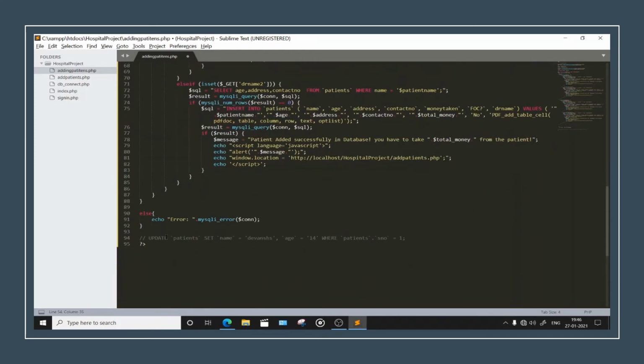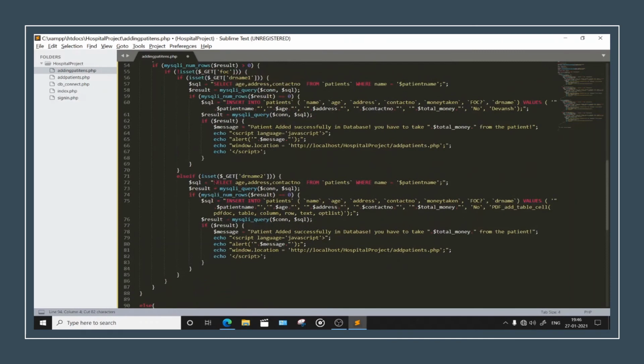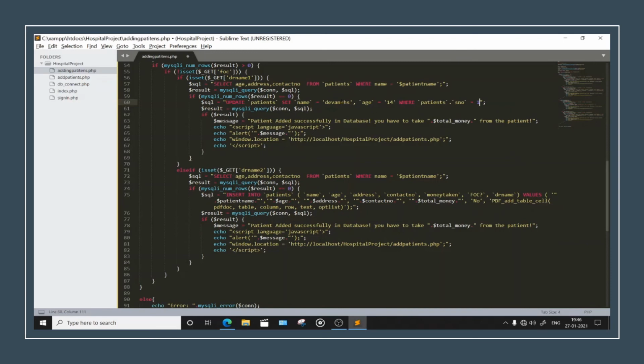Okay, now just copy what we have just taken from phpMyAdmin. Cut this better so that you have fewer lines in your code. That's always a nice practice.